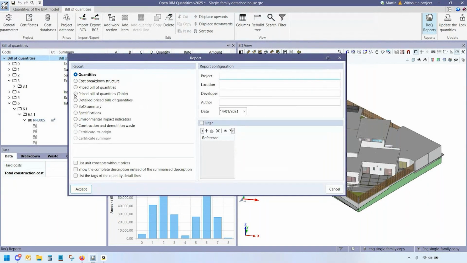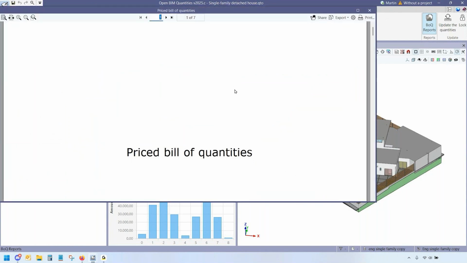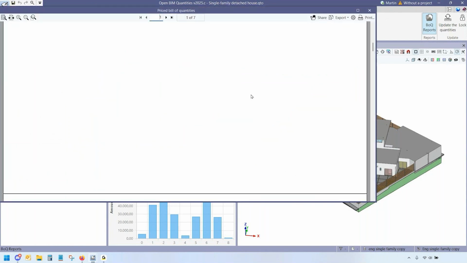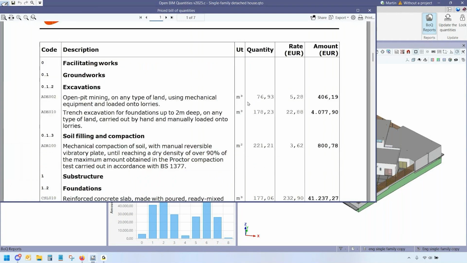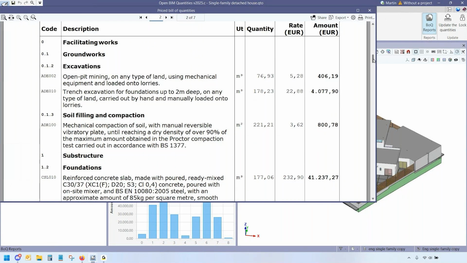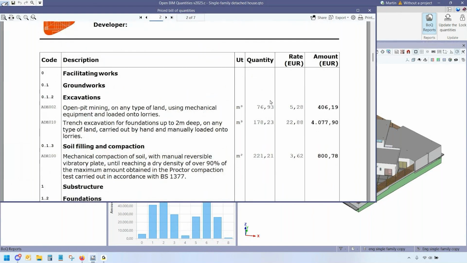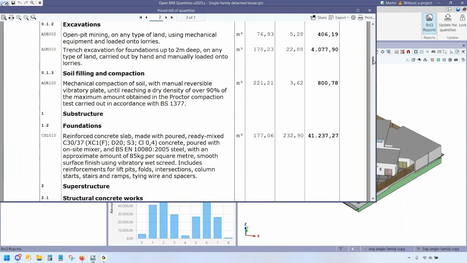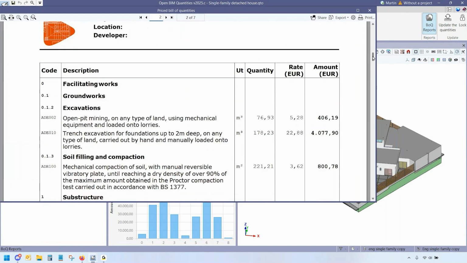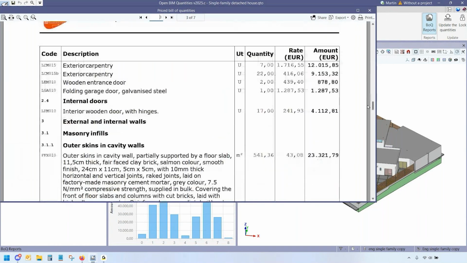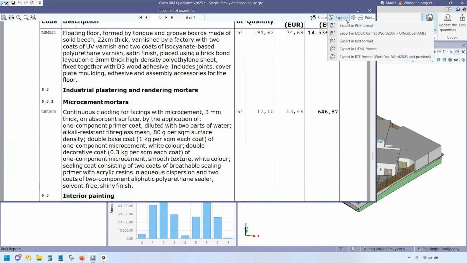We may get the priced bill of quantities, not only the quantities, but also the prices, the price per unit and the amount of units, in the format of a table, for example. So this could be the case. This is an example. Not only the quantities, but also the price per unit and the final amount of euros, in this case, according to the amount of cubic meters, right? And the whole project again in a few clicks. And you may get this out of here into PDF, docx,